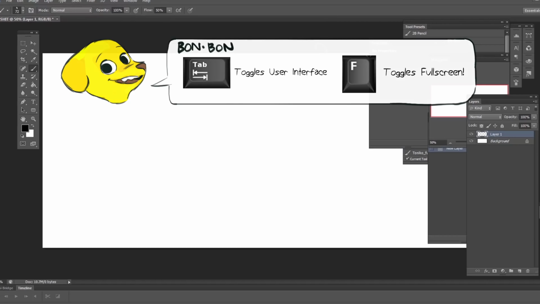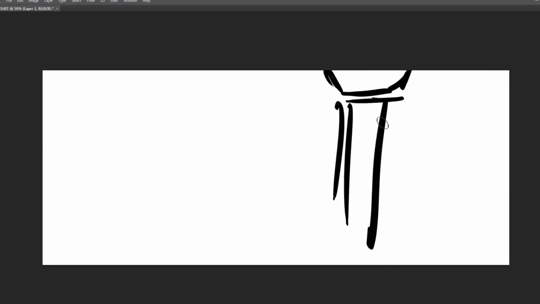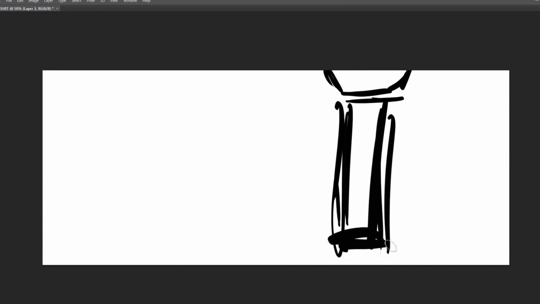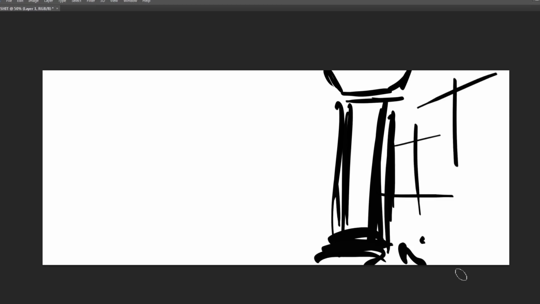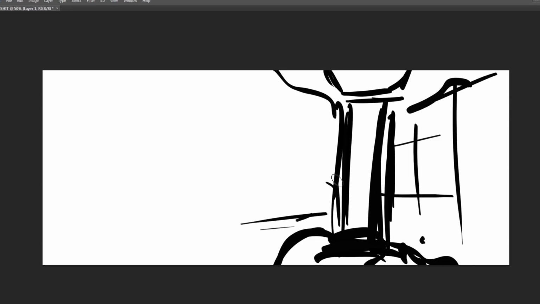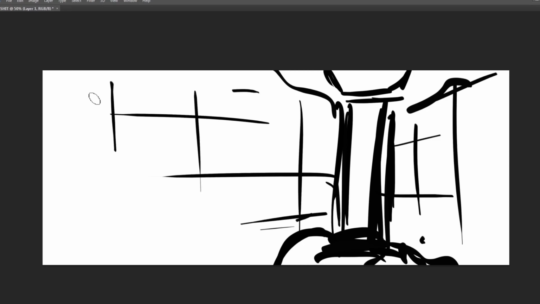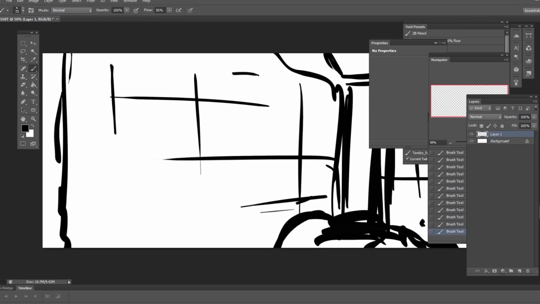I kind of have an idea of what I want the background to have, like a pillar, a little column, some walls and rocks here. So with that being said, I'm just gonna gesture it really fast. I'm telling myself this is a wall. This wall's coming closer to me, this wall's facing me, but it's further away. I'm just setting placeholders for future draw-overs.